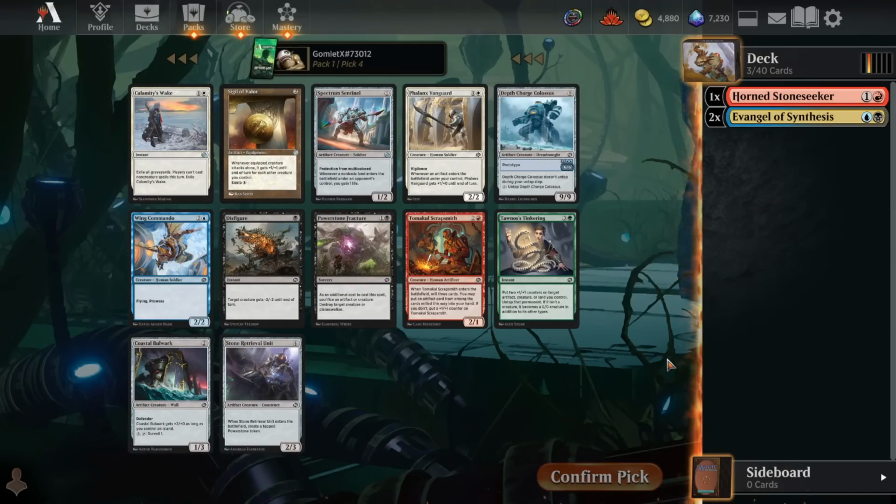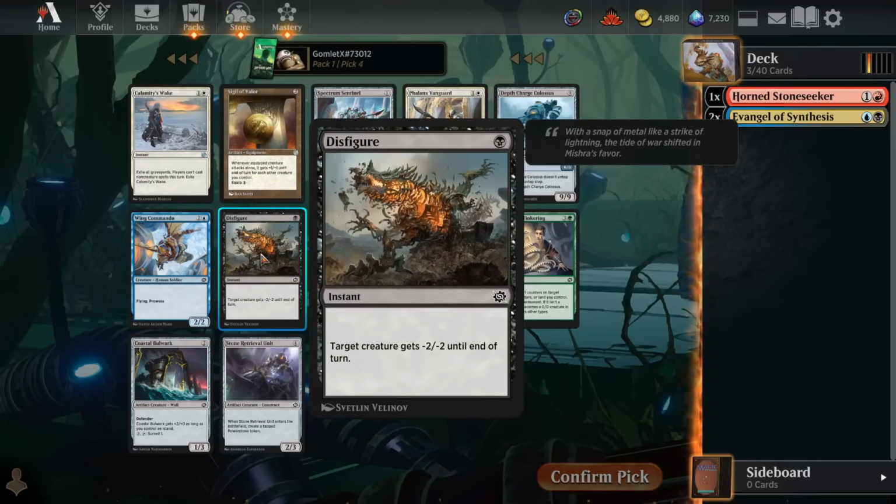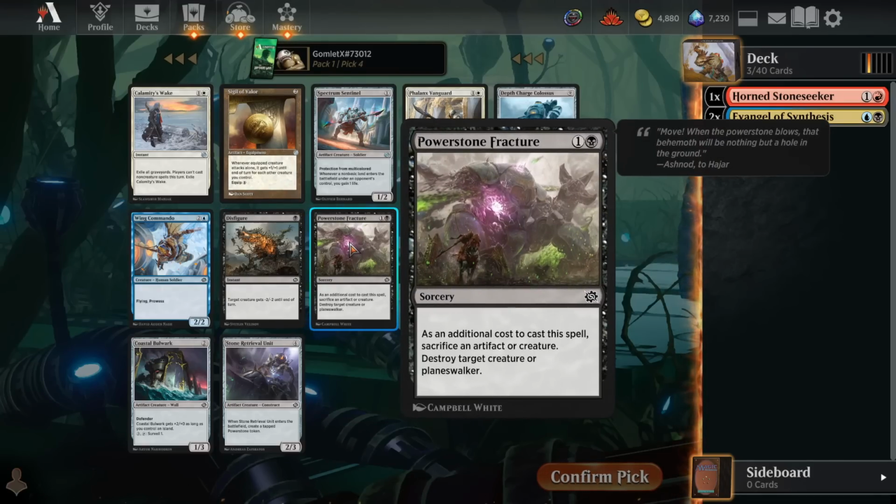Alright, pack 1 pick 4, we've got a pretty sweet card. Well, multiple pretty sweet commons in blue and black, mainly Wing Commando as a nice cheap flyer, Disfigure as excellent cheap removal, and Powerstone Fracture as solid cheap removal. For this you need to have something expendable on the board, a Powerstone token or a 1/1 creature, something like that to sacrifice to use this, but it can blow up anything. It is sorcery speed,